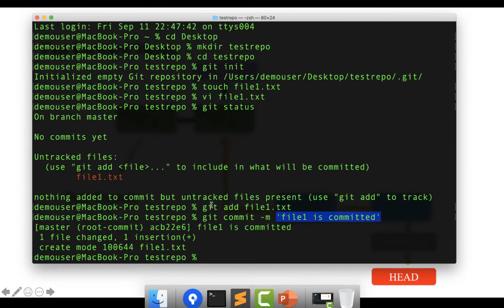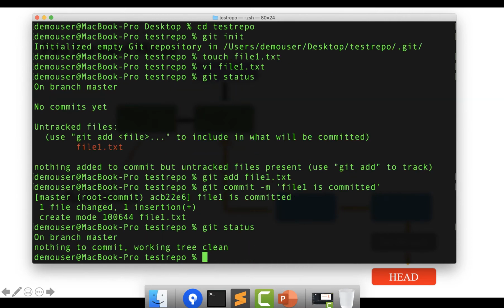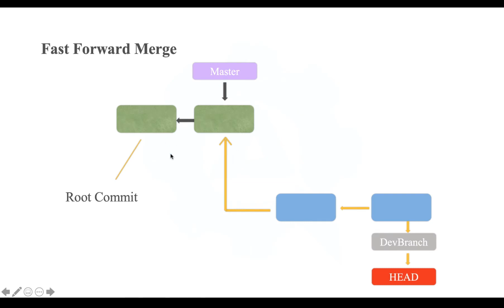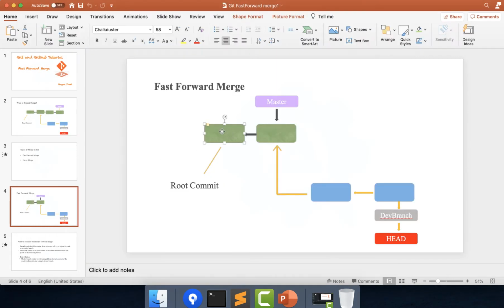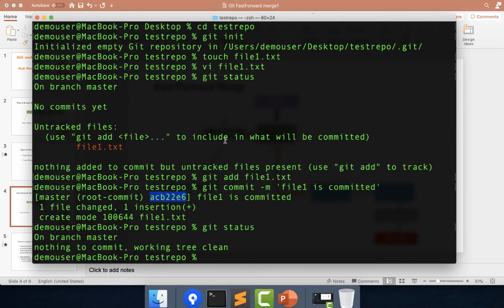I'll check git status. You can see there is nothing to commit, which means the tree is clean, with nothing altered over here. That's fine. You can see the SHA-1 for this commit. This is the SHA-1 that is generated, so I'll quickly paste it here. This is the SHA-1, or the hash, that is created from this particular commit. I'll do one more commit.